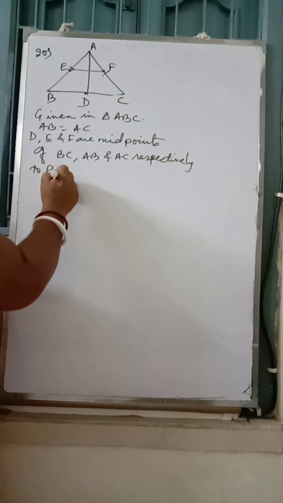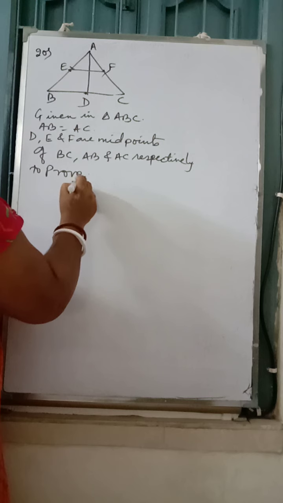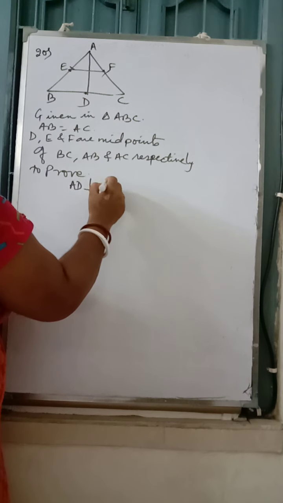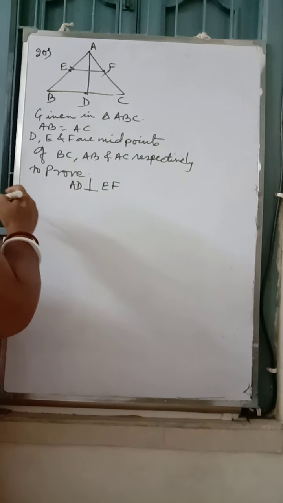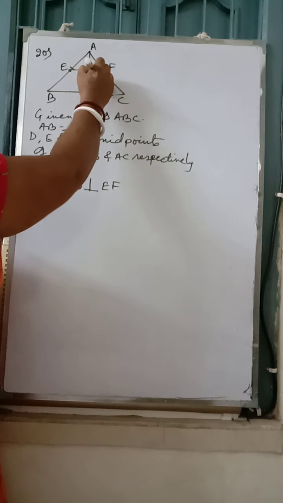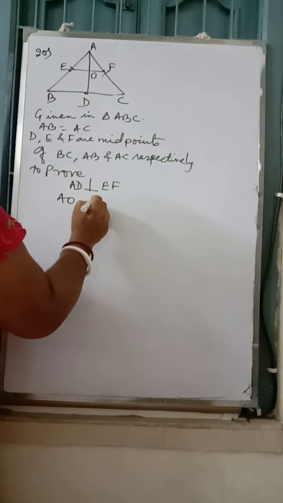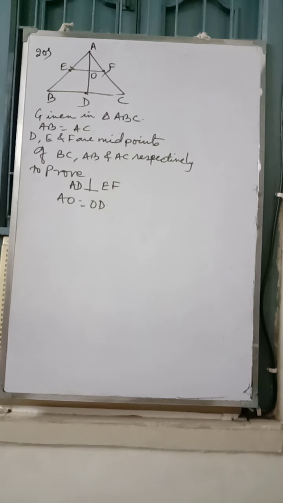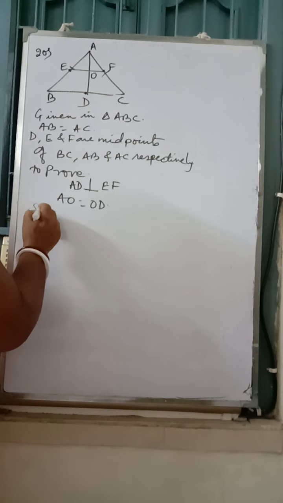To prove: AD perpendicular to EF, and AO is equal to OD, meaning AD is perpendicular to EF and bisected by it. Okay, AO is equal to OD. We have to prove. Now, first of all, the solution says